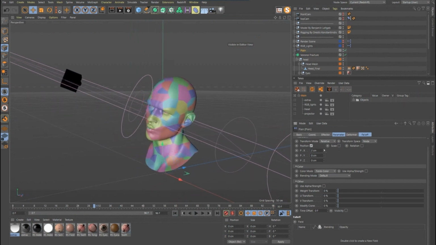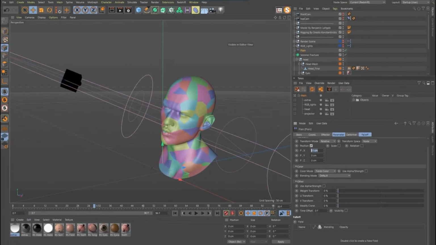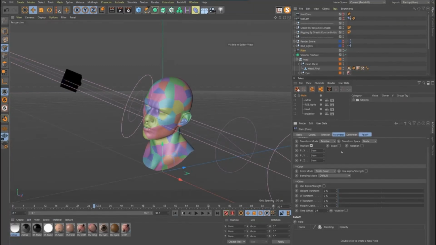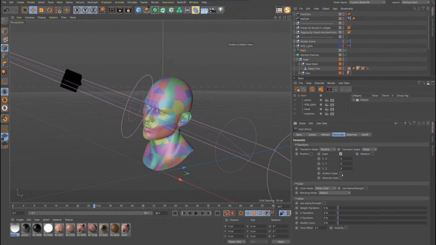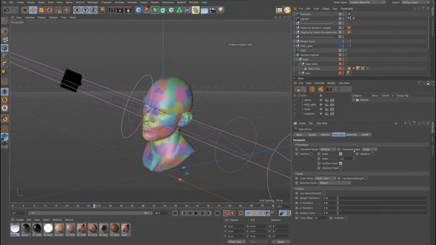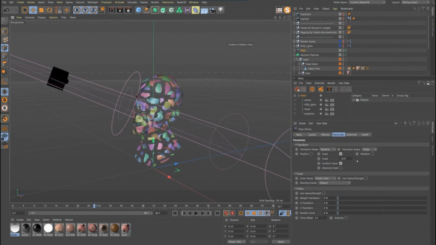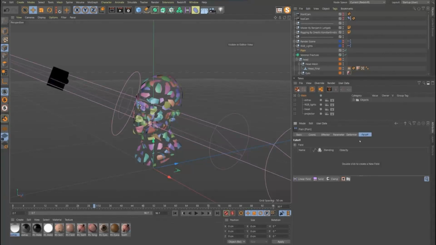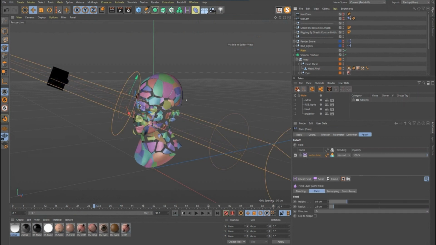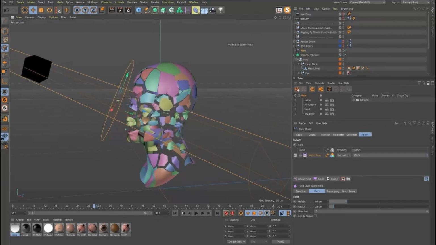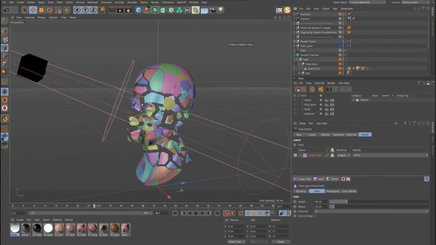If we start to play with this a little bit, you can see the whole thing moving. We don't want that either. What I want is scale. We'll do uniform scale. We can scale everything up or scale everything down. I think we want to scale everything down like that. And then for falloff, we want our falloff to be based on that vertex. So you come in here, drag your vertex map in there. And now you can see what's happening. Let's exaggerate this a little bit more.